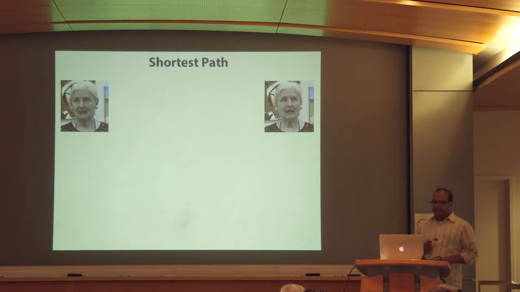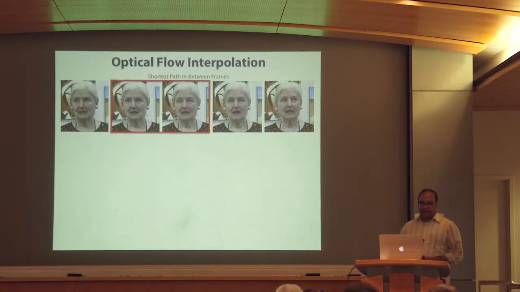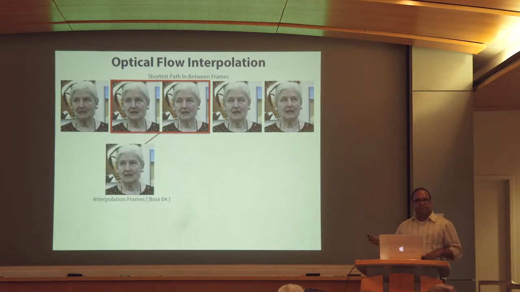Given these two frames, the shortest path algorithm provides these in-between frames. And we can slow down the transition by inserting additional frames between any pair of frames on this path. Right? And we can determine those frames using the simple optical flow approach that I showed you earlier. But because these frames are so close to one another now, optical flow can work in these instances. So the question then is, how many of these in-between frames should we add?